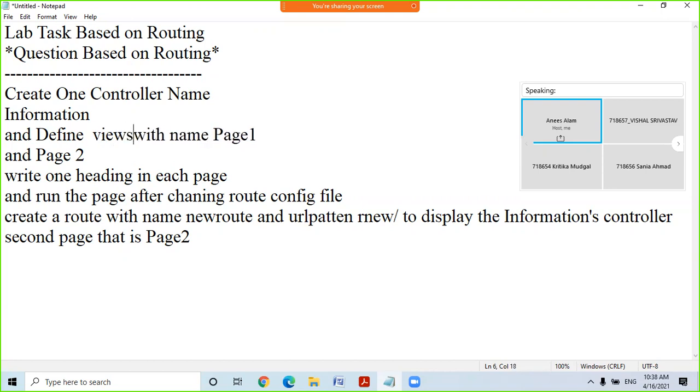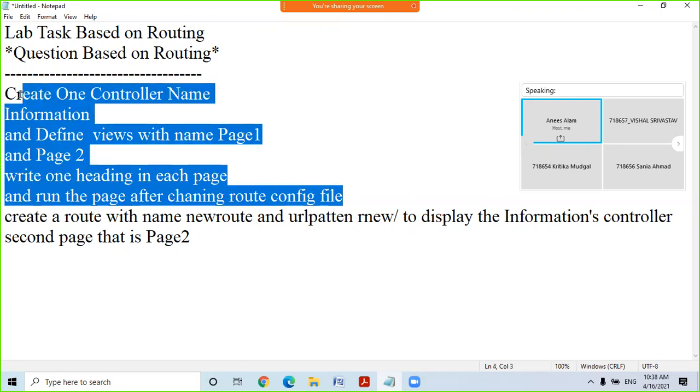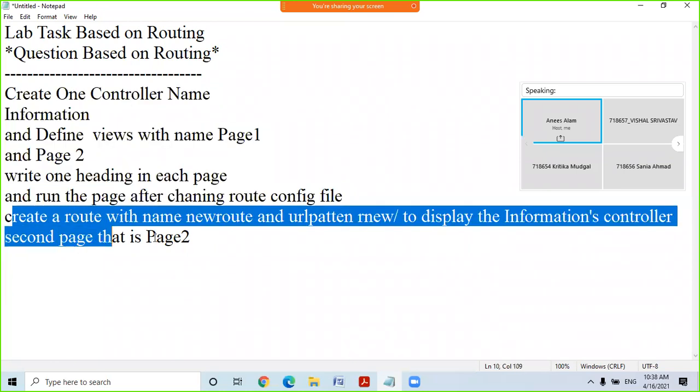That means we have to create two views inside the controller information, and the names of the views are page 1 and page 2. After that we have to write one heading in both pages and run the page after changing the route config file. This much we do now, then we will proceed to the next part.